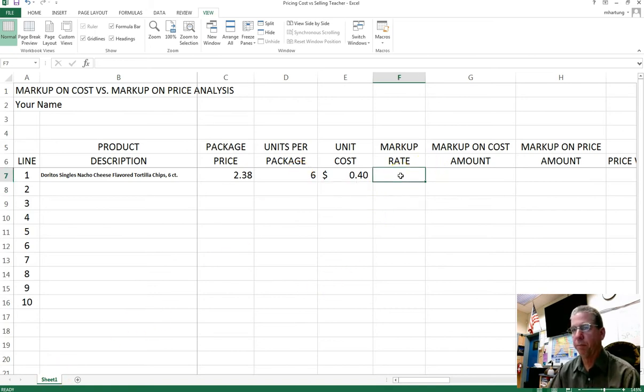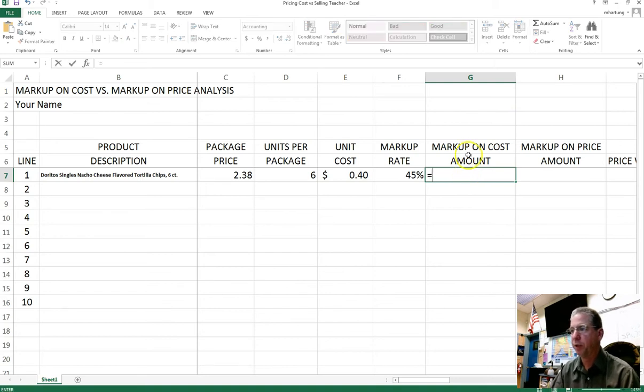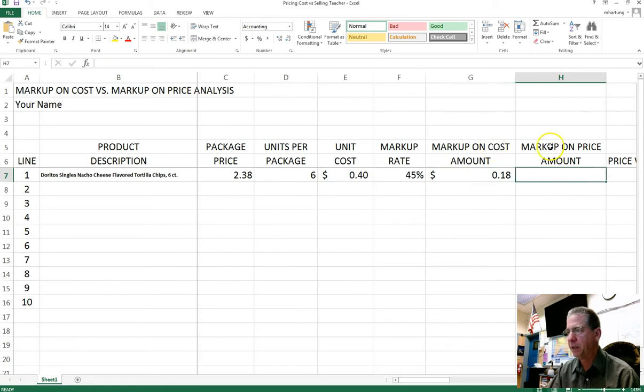We are going to use a markup rate of 45%. Markup based on cost amount, markup on cost. So from our previous video, we learned that we can take our unit cost and multiply that times 45%. So our markup amount is going to be 18 cents. And so our price based on cost, markup